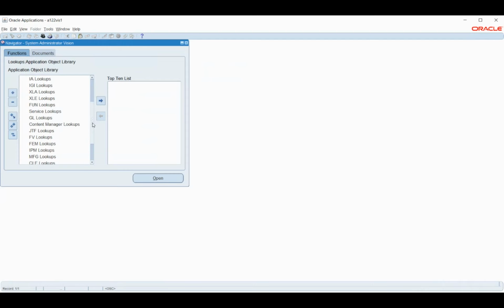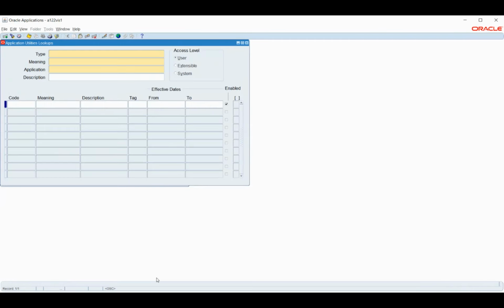The GL is understandable, and apart from that, service lookups are used for the purpose of integration and other things. So I'll pick the common lookups that we have. Let me pick one common lookup here.